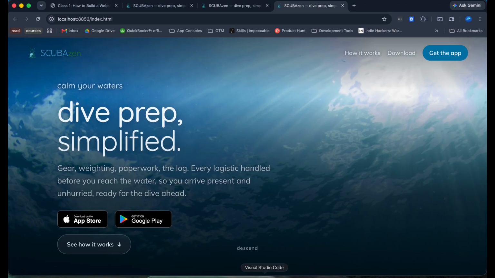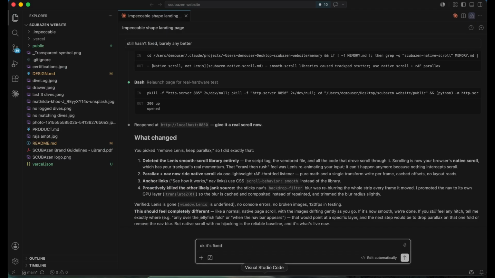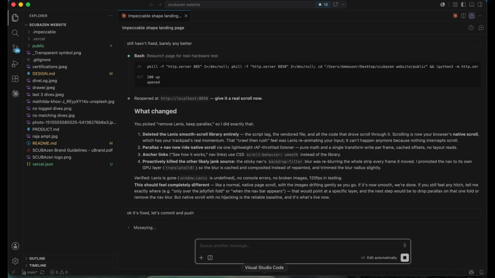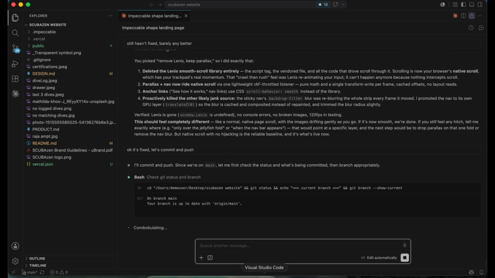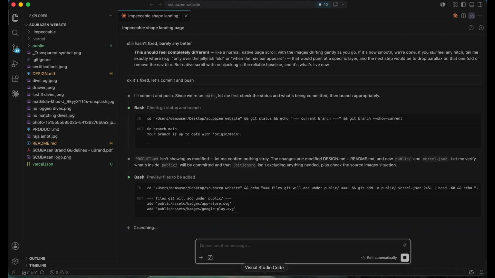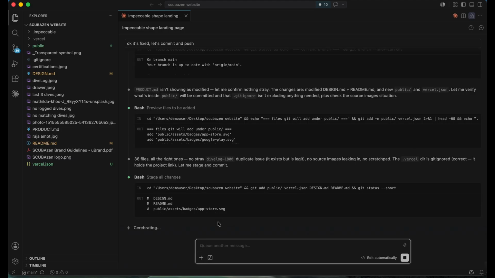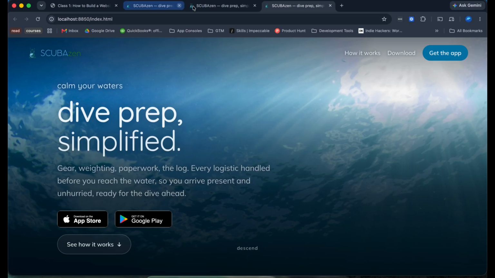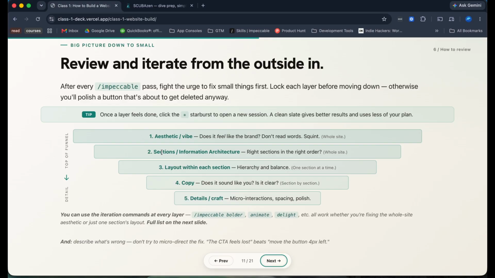The site is built. So what we want to do is say, okay, it's fixed. Let's commit and push, because now we have a save point of the initial build being done. The aesthetic is right. Let's just commit it and then push it so we have the backup. And then we're ready to start going section by section. While it does all of that, we'll go back to the deck. These two steps are done. From here, we'll start going through the layouts within each section. I'll do the hero with you guys just so you can see how it's done, but then you'll just duplicate it for every single section.